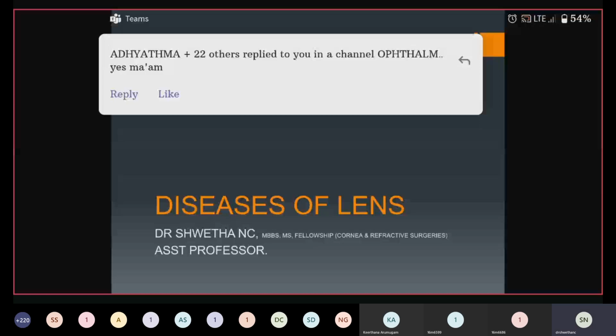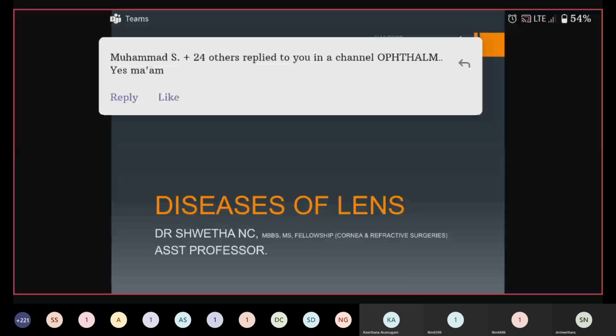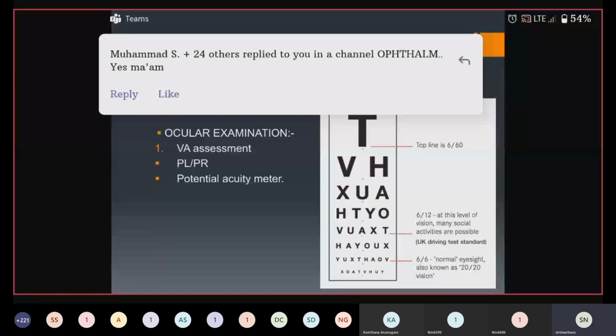So we were talking about diseases of lens. We discussed different types of cataract, and today we'll be talking about pre-op evaluation and the surgical techniques for cataract. Okay, a quick revision. First of all, we begin the examination with